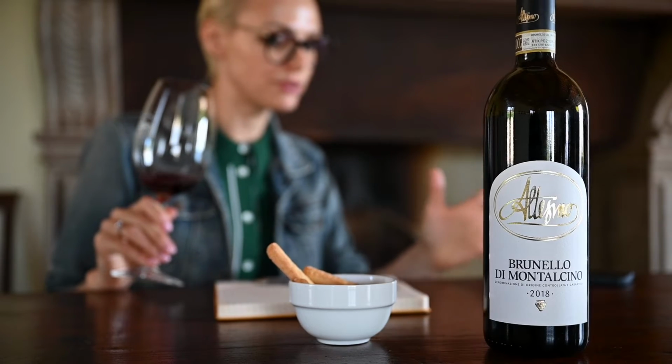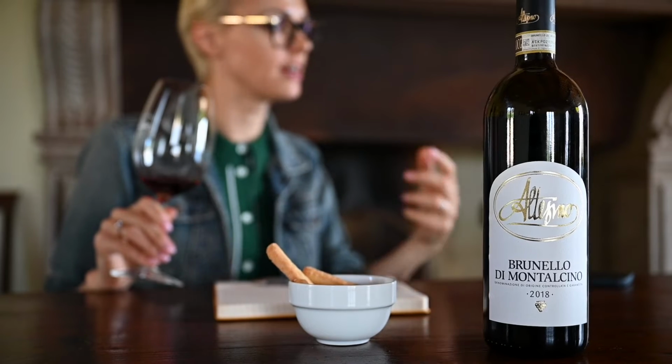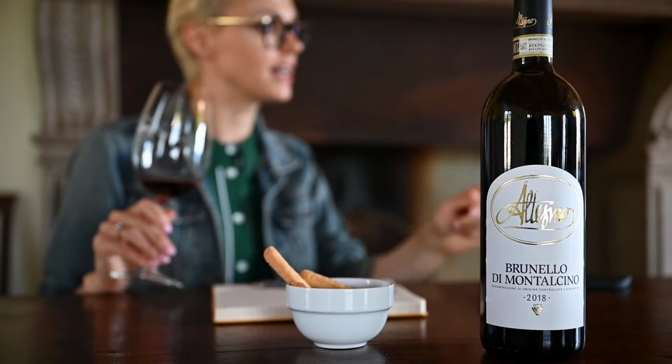In some ways, it seems more similar to Brunello di Montalcino than to Chianti Classico. It is a medium to full-bodied wine with a powerful structure and good aging potential. It has elevated acidity, but not as marked or defining as in the case of Chianti Classico. And in ways, for me at least, it seems more robust than Brunello di Montalcino, with a more pronounced and less